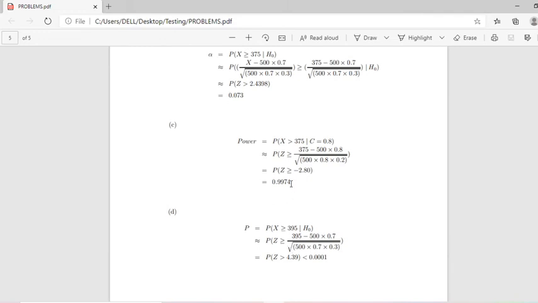So what will be the probability of type 2 error? It is 1 minus power. You can compute the probability of type 2 error as 1 minus power, that is 1 minus 0.9974, which will be very close to 0. Or we can compute like this: probability of rejecting H naught when